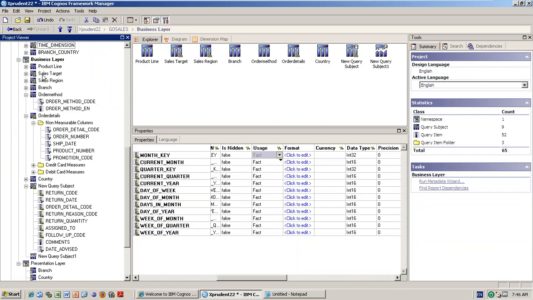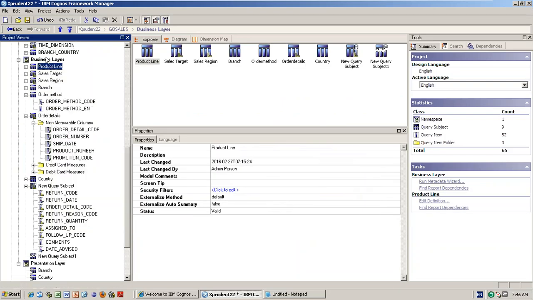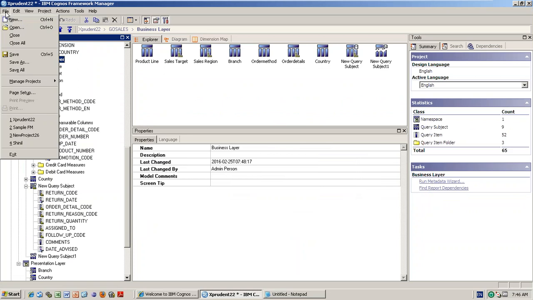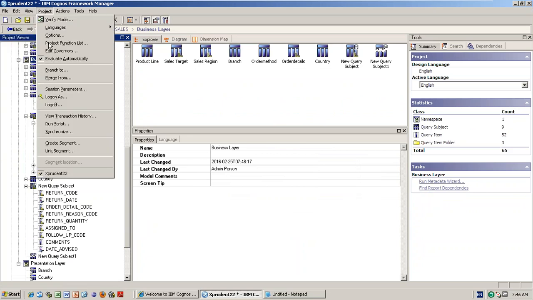We will go one by one quickly. Till now we have discussed all these properties. Normally Framework Manager, a normal model, can do up to this only. In 90% of the cases, this is all that will be there. But for the remaining 10%, if it is a critical project, with n number of people working and very little time, there are so many things you need to consider. For that, you need to go through each and every option of the tool. See, branching, merging, session parameters, but only 10% of the cases will use these things.